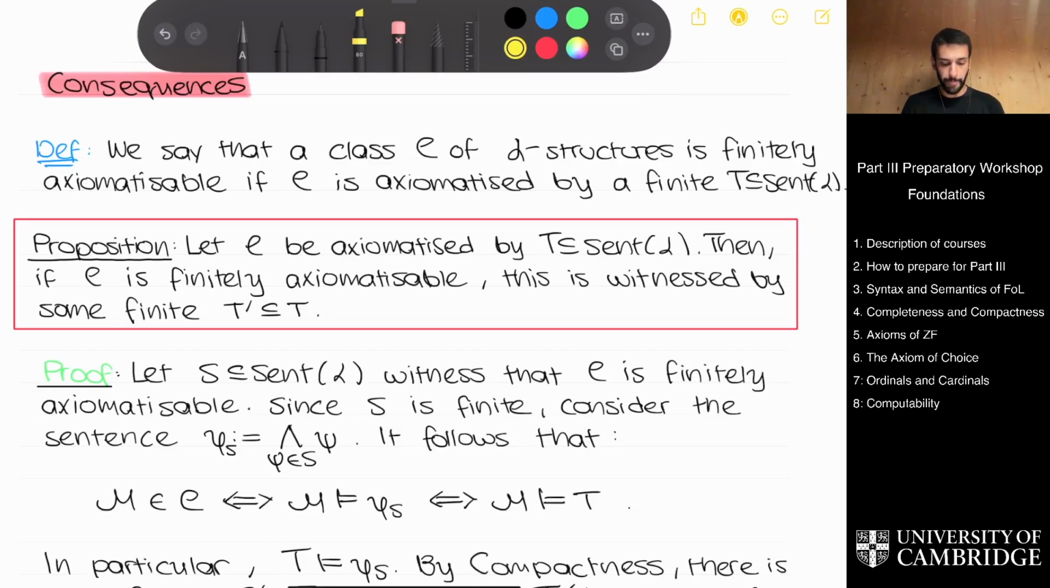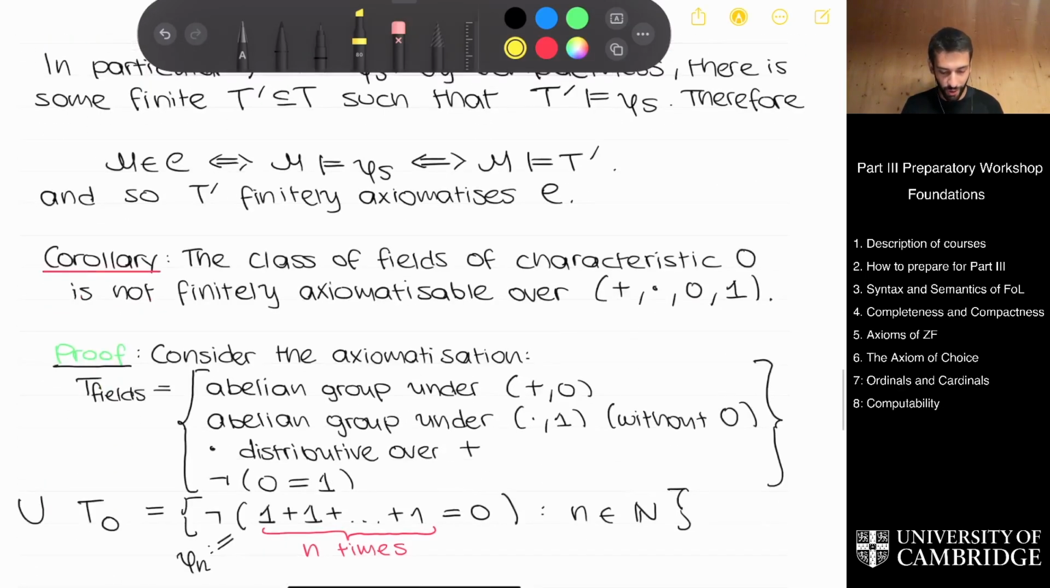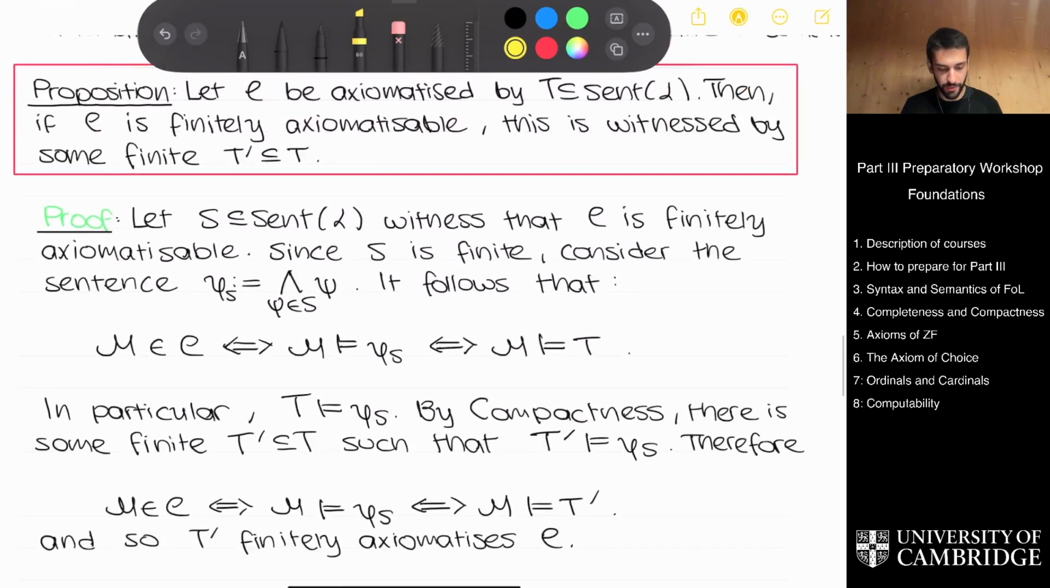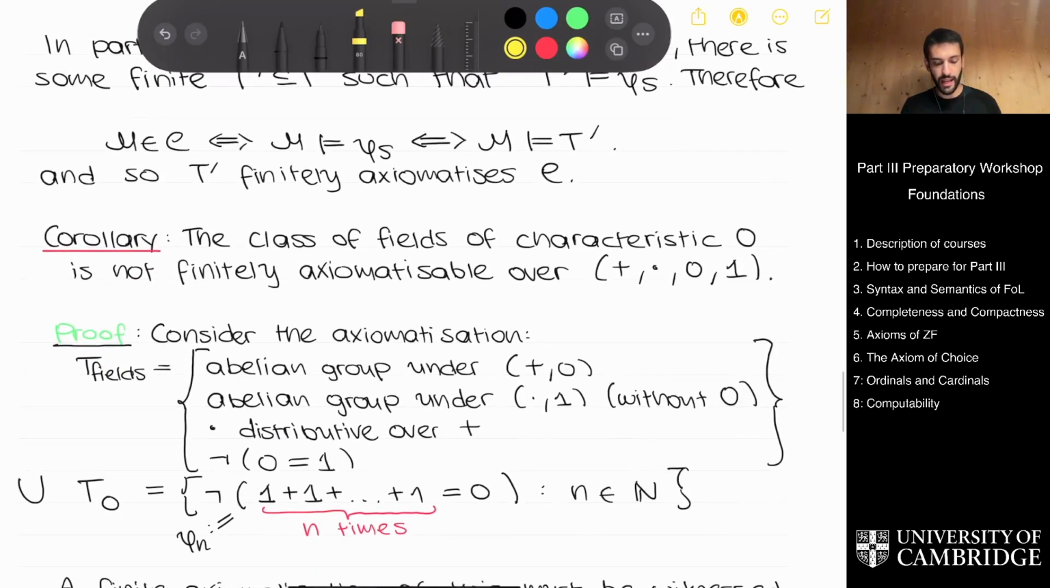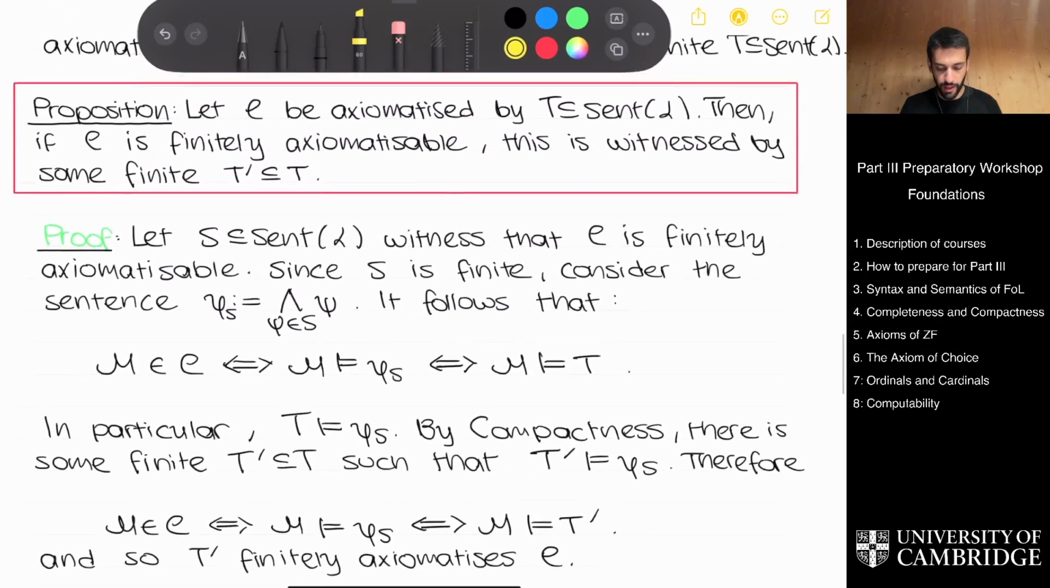Okay. Now, what I would like to show at the end, and this will be the corollary to the proposition I'm about to give, is that fields of characteristic 0 are not finitely axiomatizable over the language of fields. But before showing that, I'll show something, the bit that actually requires compactness, which is slightly more general, which says the following. So suppose that you have a class of structures, which is axiomatized by some theory, by some